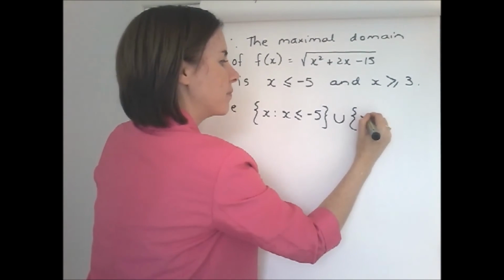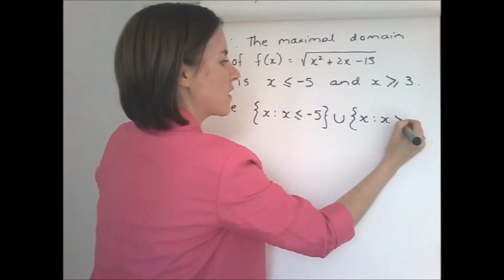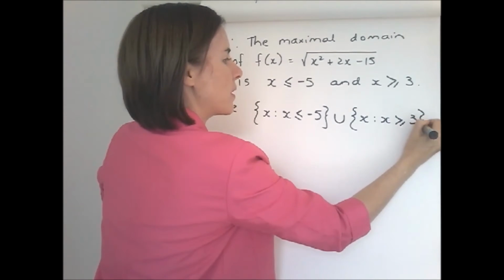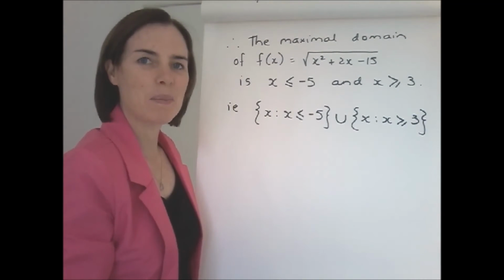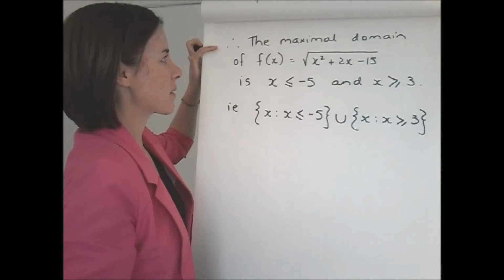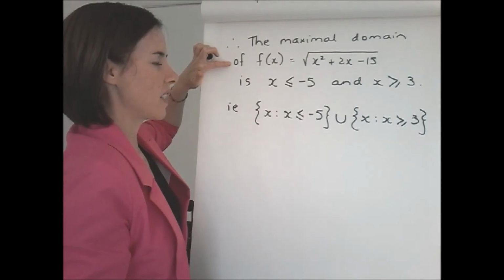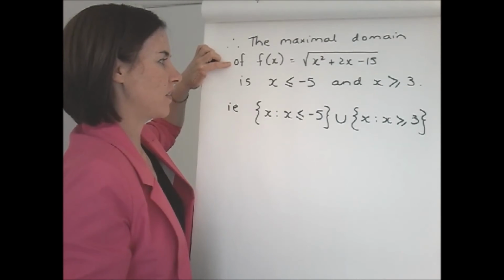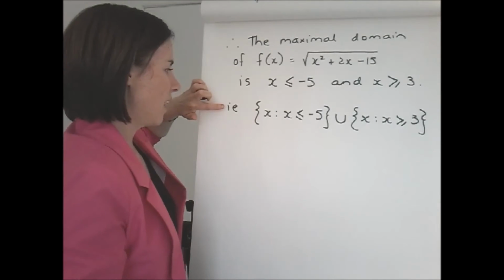Then we put the other one, x such that x is greater than or equal to positive 3. That's a better way. So really, the answer would read, the maximal domain of f of x equals the square root of x squared plus 2x take 15 is